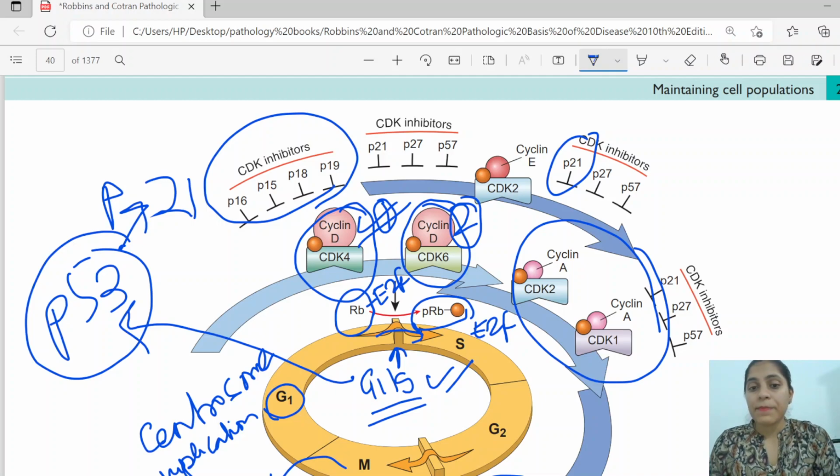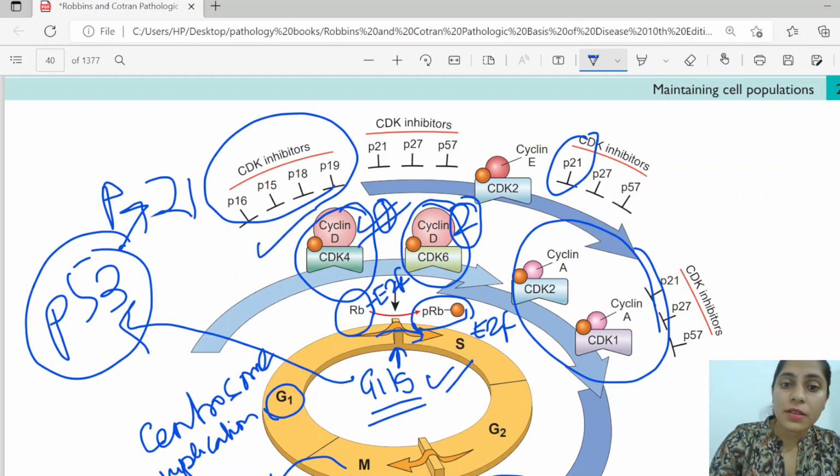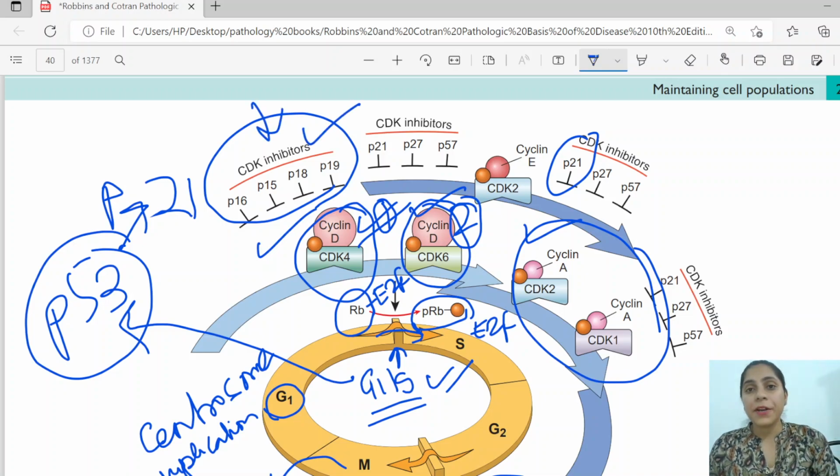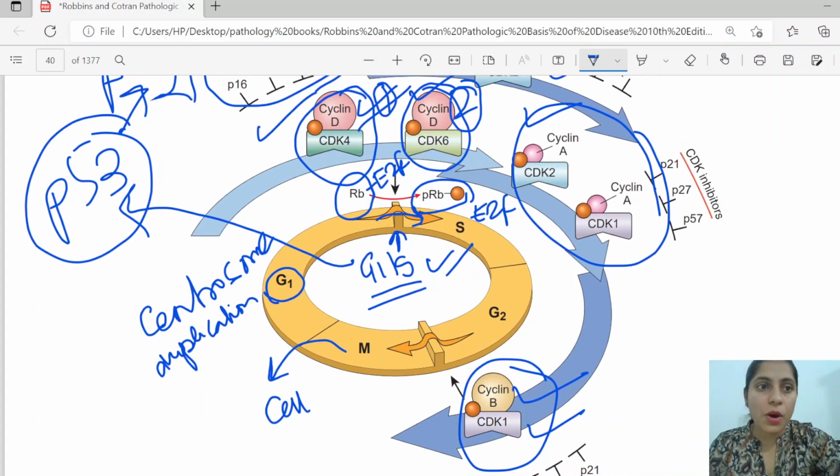And this is very important. This is the mechanism by which the retinoblastoma actually keeps the complete cell cycle in control and does not let it go into continuous division. So if there is some mutation that is increasing the function of all these cyclins, that will lead to malignancy, whereas any mutation that is reducing the function of these inhibitors will lead to malignancy. So the bad is an increase in function of cyclin D and cyclin D-CDK4 and reduced function of inhibitors. So now we come to the topic where we were discussing